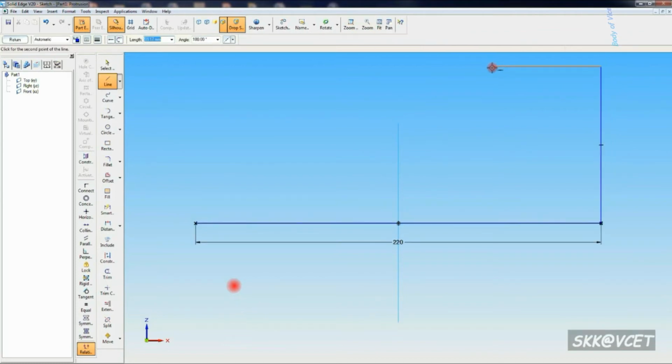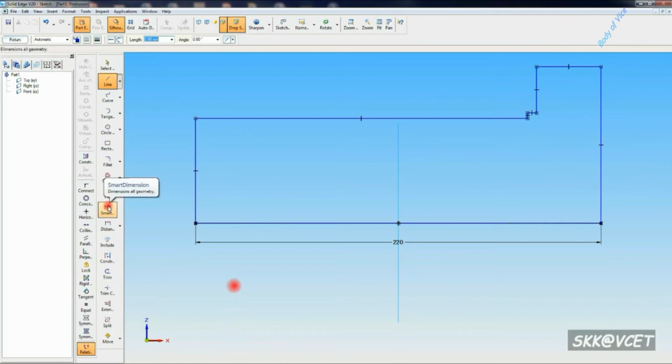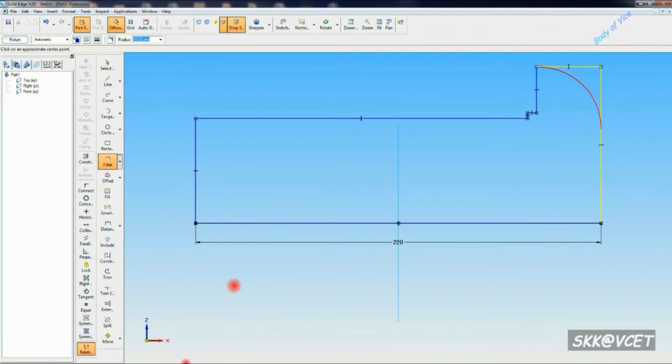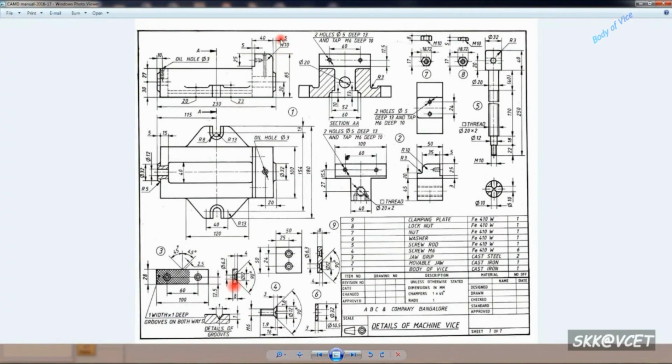Then split the sheet, and horizontally 35 mm you have to draw, then downward direction 25, then 5 mm, then downward 3 mm, then 180 mm horizontally in the leftward direction, then you join. The first profile is finished here. Go to the fillet; the small fillet radius given in the drawing is R10.